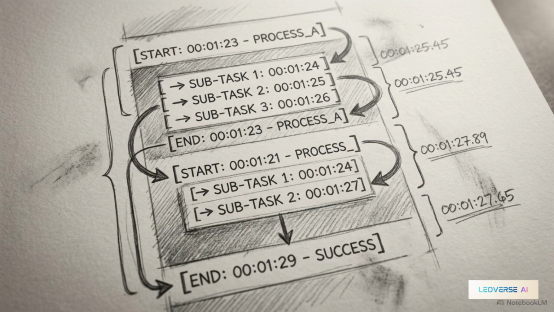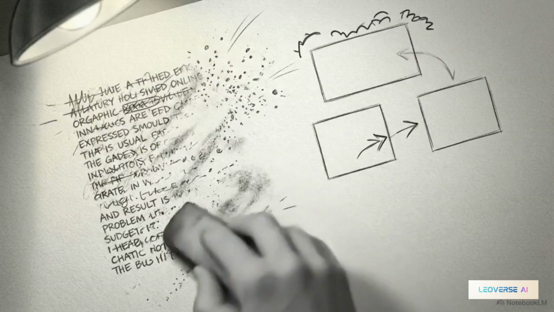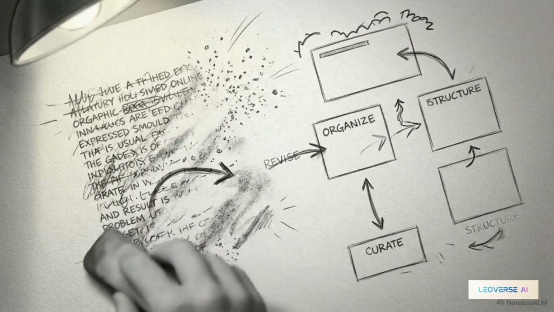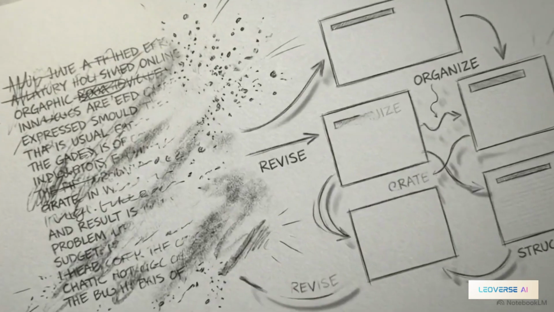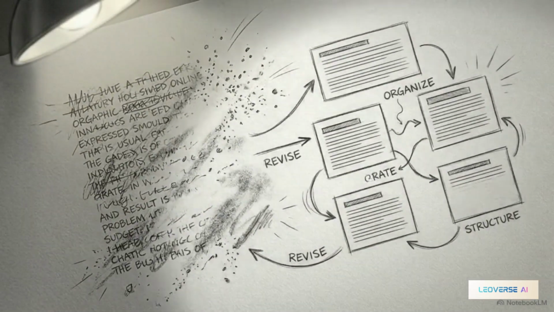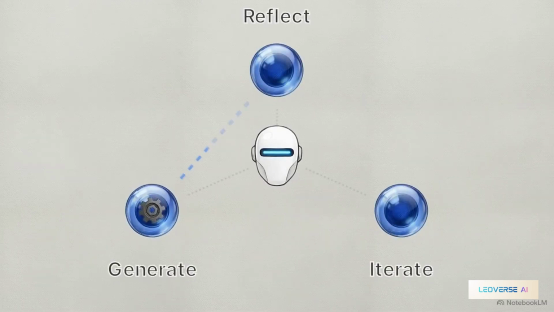reach its conclusion. Once a model can follow logical steps, we can move away from manual human inputs and build automated, self-correcting loops using the reflection pattern. In a reflection loop, the AI generates an initial response, analyzes that output for errors or quality issues, and then iterates to refine the final result.